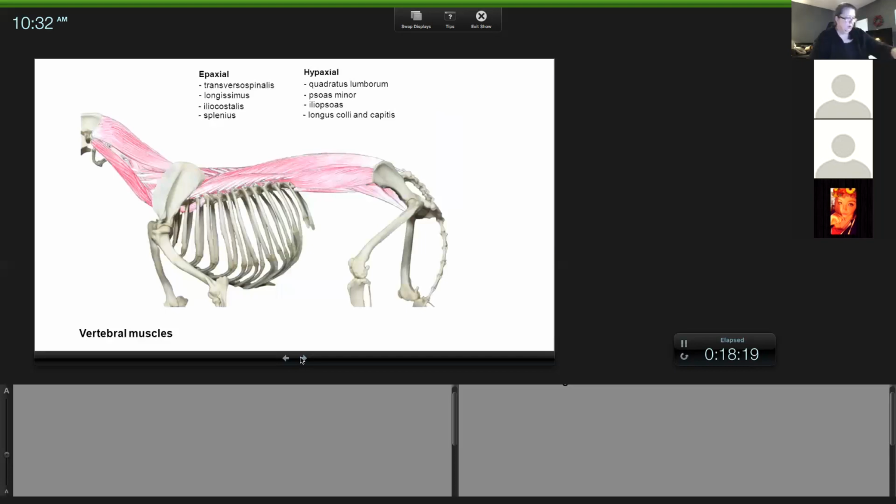Okay, so Sean, you were asking about the epaxial group, and it's just the one I have on the last page. I added this because the epaxial group has all of these muscles in it, but I don't go over the individual muscles: longissimus, iliocostalis, splenius, iliopsoas. Those all make up this epaxial group, and they are the muscles of the dorsal back. So all I wanted you